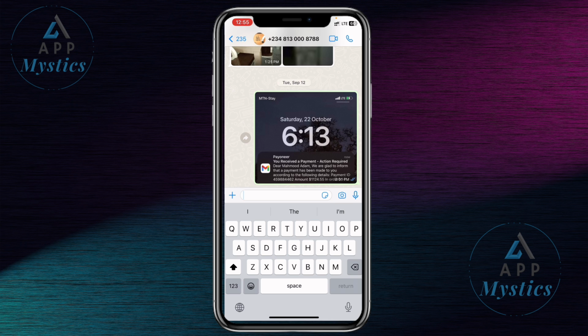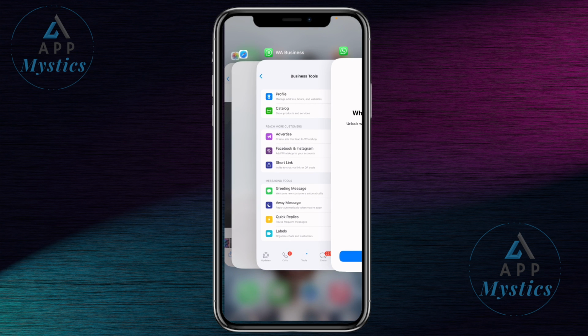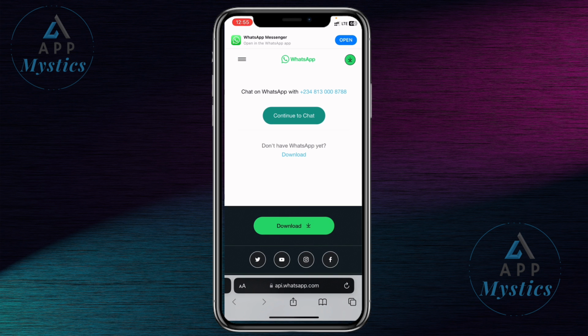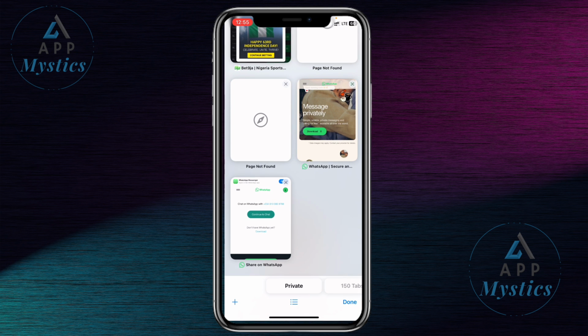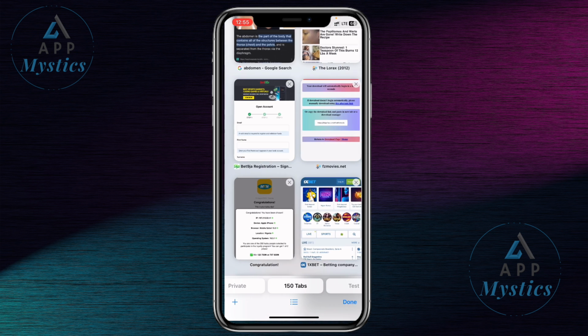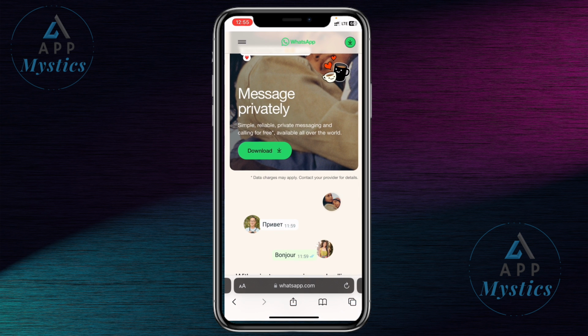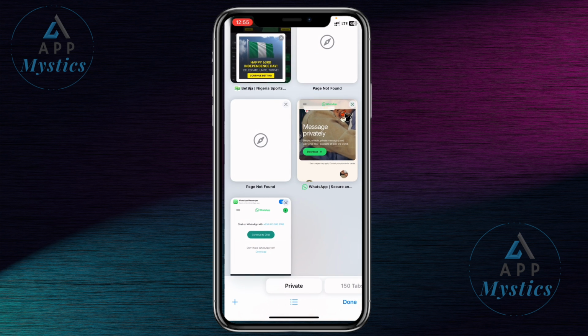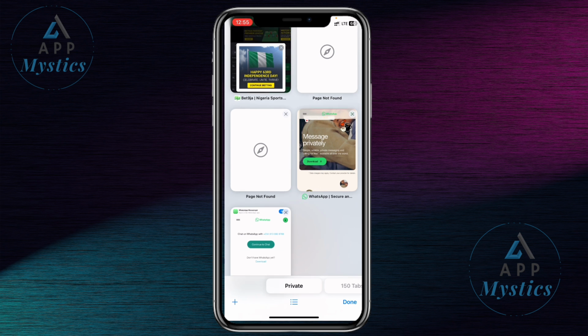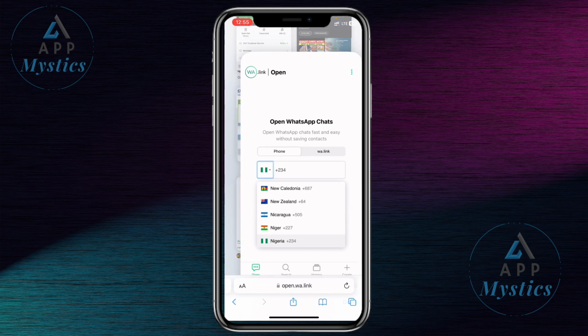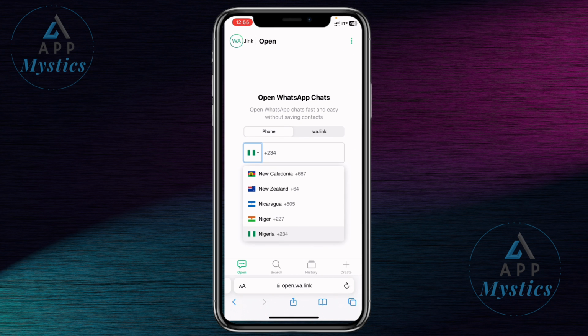Now another thing you can do, if this is not really working for you, if you don't really understand this step, just go ahead and go to your browser. When you go to your browser, I'll paste the link to this site on the screen so you can see. So go to your browser. When you go to your browser, go ahead and open this site. So let me look for the site guys. Let's look for the site. Yeah, go ahead and open this site,